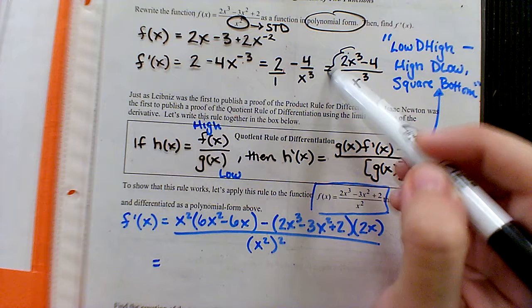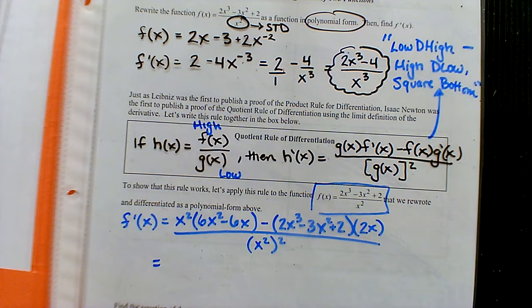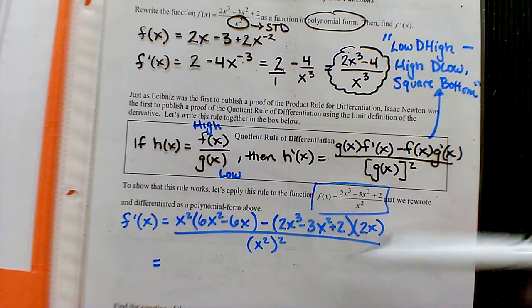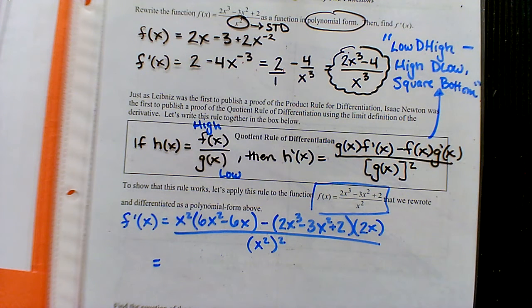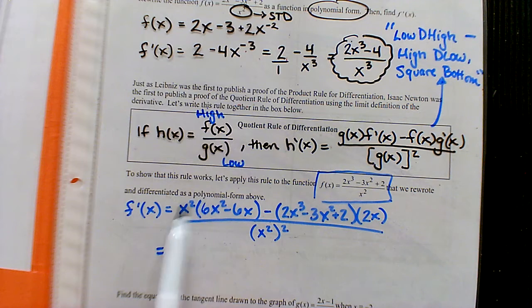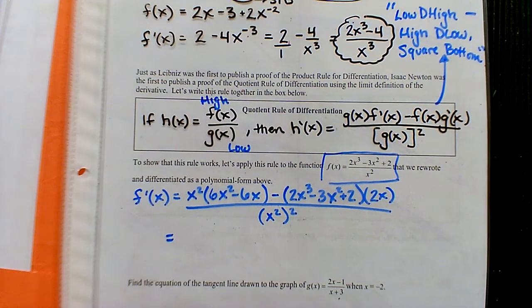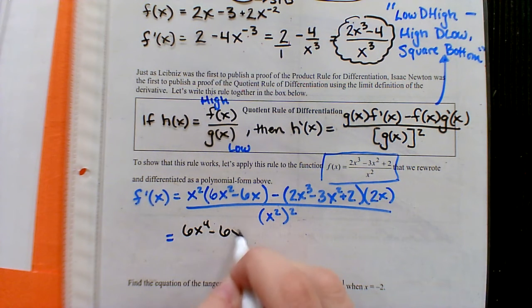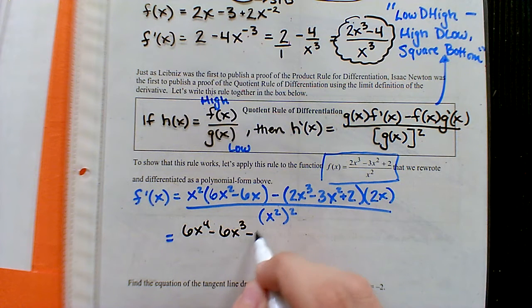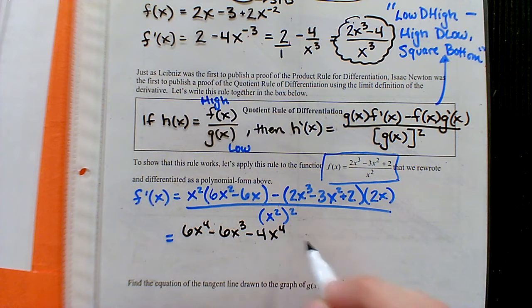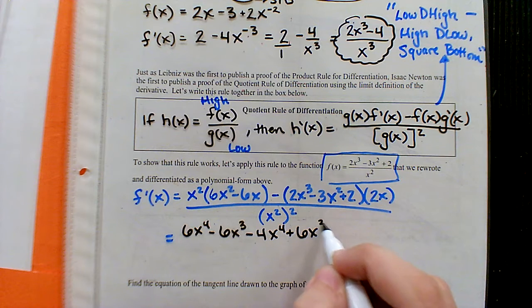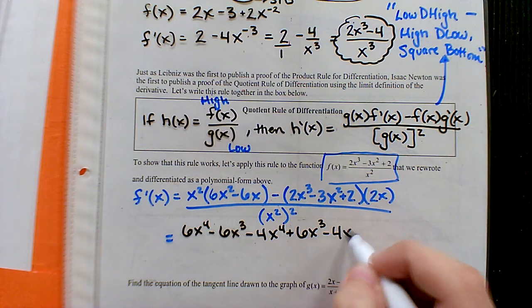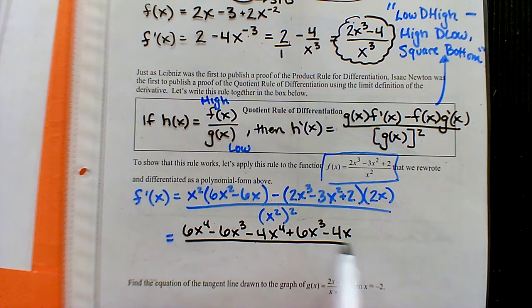Our goal is to perhaps get this 2x cubed minus 4 all over x cubed, like we found before. So eventually this craziness is going to simplify to that. Let's see if we can actually do that. Maybe we can start to expand some of those parentheses, distribute in those values. We would have a 6x to the 4th minus a 6x cubed minus 4x to the 4th plus 6x cubed minus 4x all over